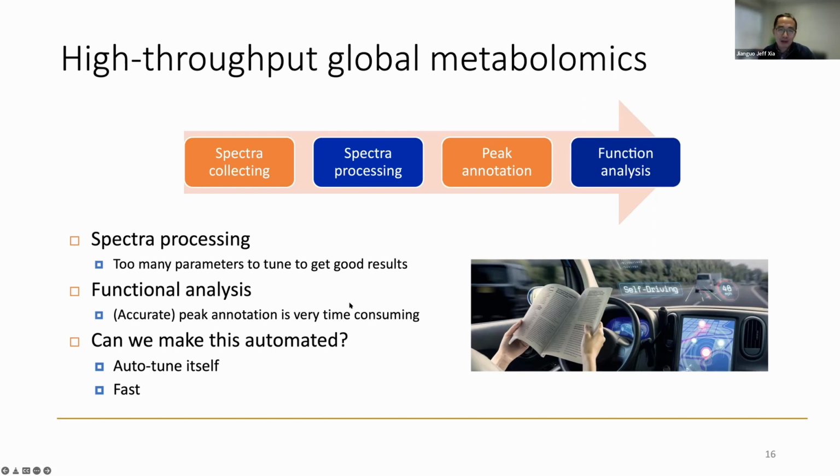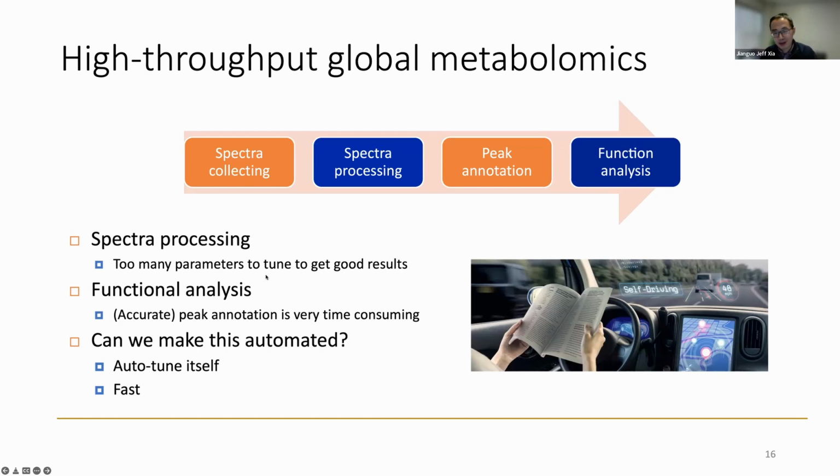Our goals for developing the raw spectral processing is that we want it to be automated. So you submit the data and have some minimal setting of the parameters, and the system will take care of the remaining. And this is just like Tesla driving. I cannot help myself using this image because I'm always thinking about that when I design and implement. So the overall question is, can we make it more automated